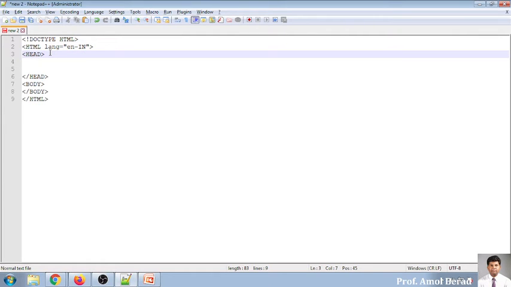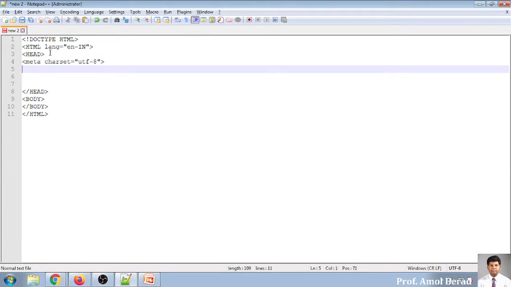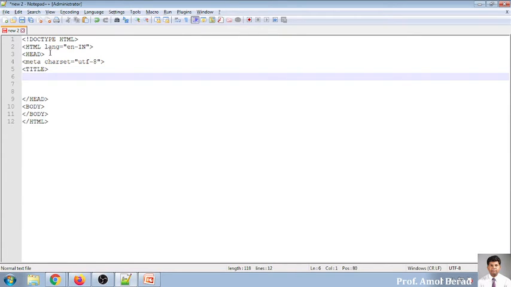Now in the head part, one thing you have to write is a meta tag. What is a meta tag? Anyone knows? It is charset we need to use. So metadata information should be there. Whatever we are writing here should be considered as UTF-8, that is Unicode Transformation Format, in 8-bit format. So these are the two things you have to keep in mind. If you want to give some title to your page, give it like this, title. I will show you where this title will be coming. So title open and title close, because this is a double-ended tag.